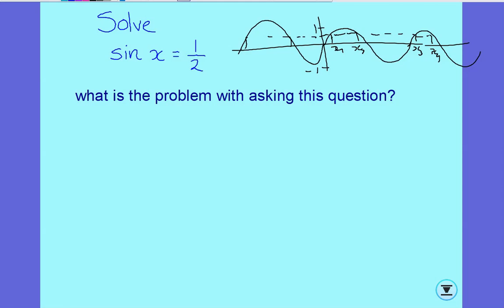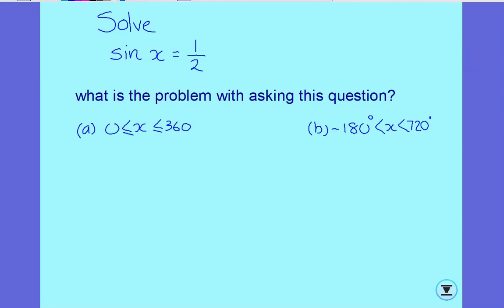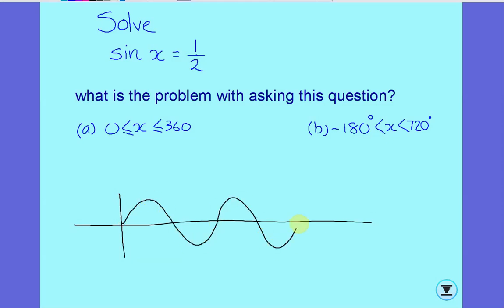So what we have to do, we have to specify a range which we want you to look between. Okay, so the question will look more like here. So we have this range here saying, I want you to look at x values between an inclusive 0 and 360. So if we go, I'll just draw it again. We're going to look at this one here. So I'm going to draw it down here. So that's 360, 720,